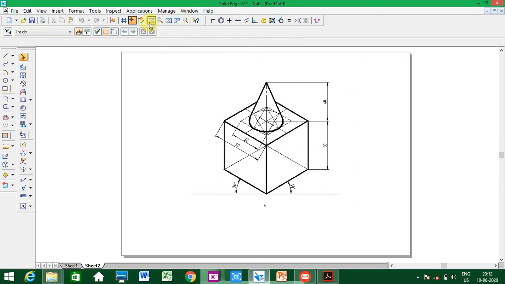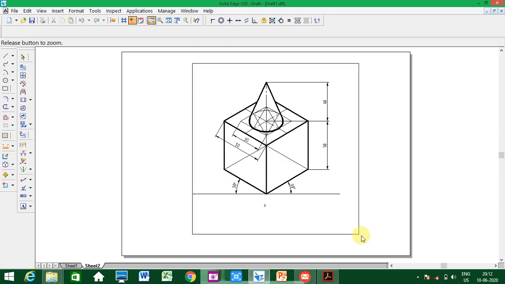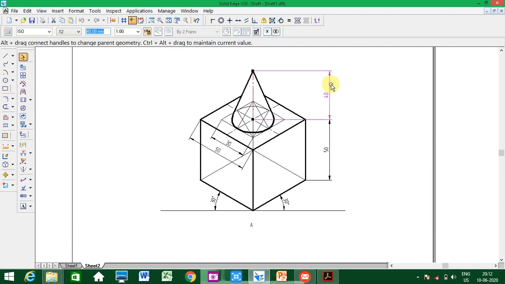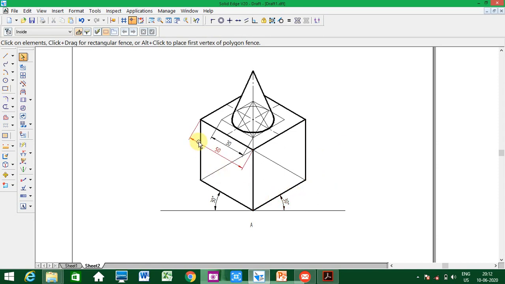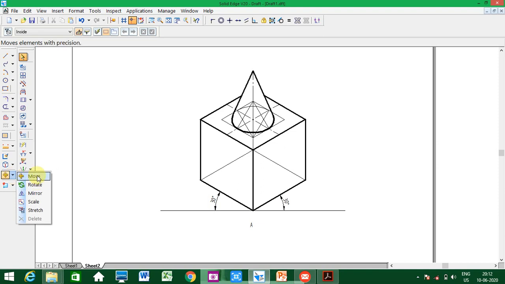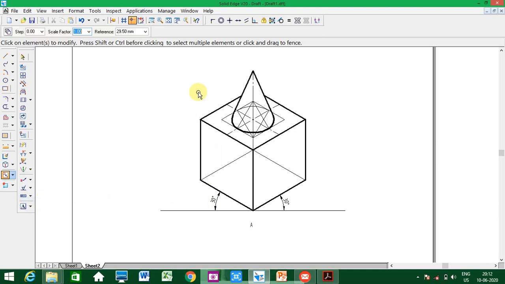So now see here, I'll remove this dimension first. The dimension I remove it. Now you know it is 50, 30. Okay. Now after reduction to isometric scale, how to reduce isometric scale? Now see here, I'll show that. Now you have to go to the commands like move, rotate. Now can you see mirror, scale command? In the scale command, you have to choose the whole figure.